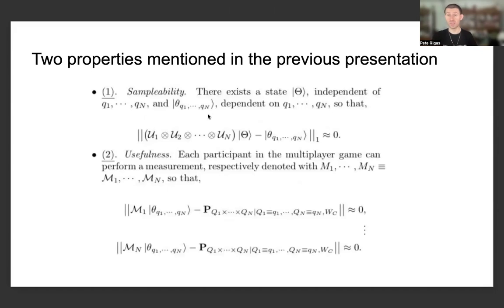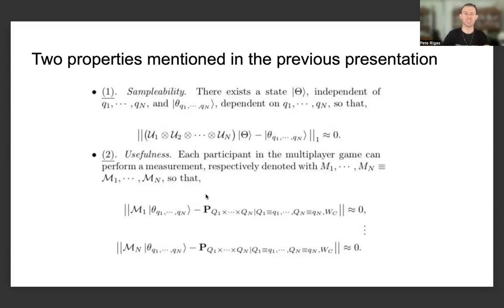And so again, obtaining this desired rate of decay for the optimal value is dependent upon the following two properties, namely sampleability and usefulness. Sampleability first states that there exists some state ket of big theta independent of the questions distributed to all the players, and another state ket of little theta, which is dependent upon these questions distributed to each one of the players, such that applying the tensor product of the player unitaries to the ket of big theta minus the state ket of little theta is approximately 0 with respect to the L1 norm,